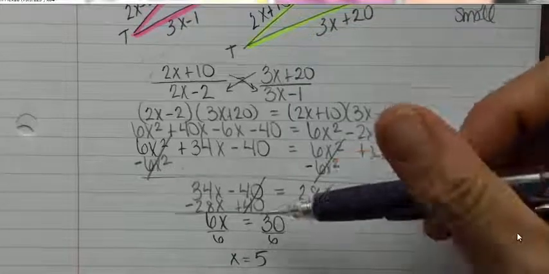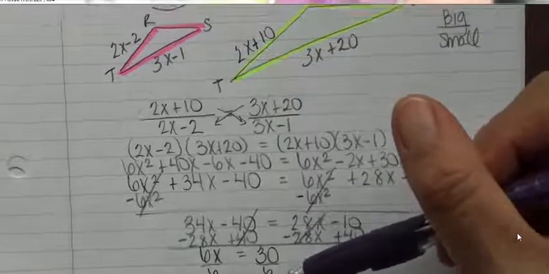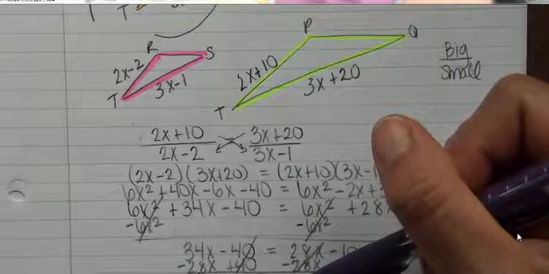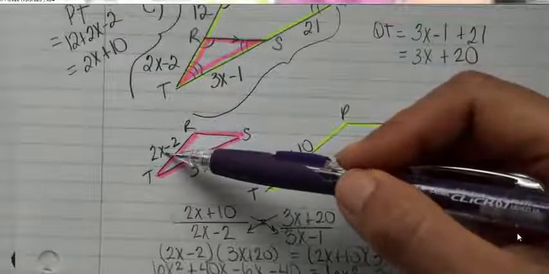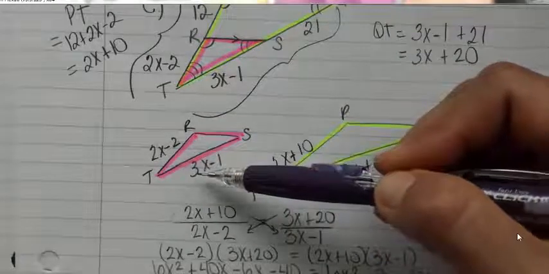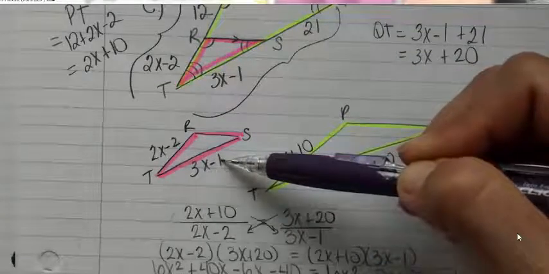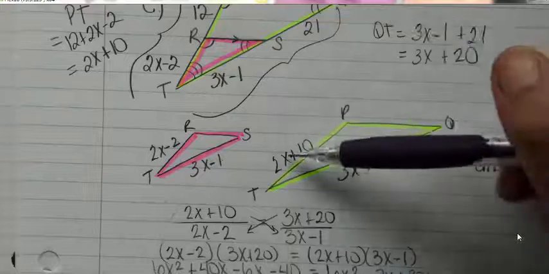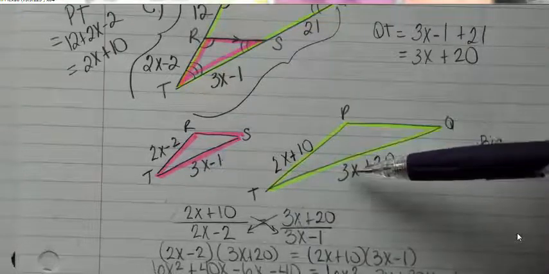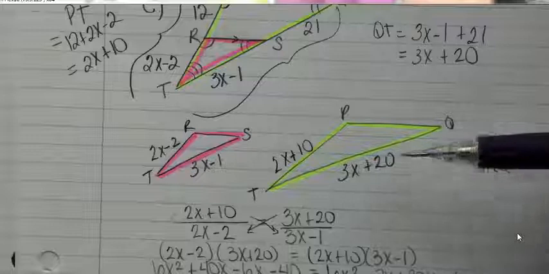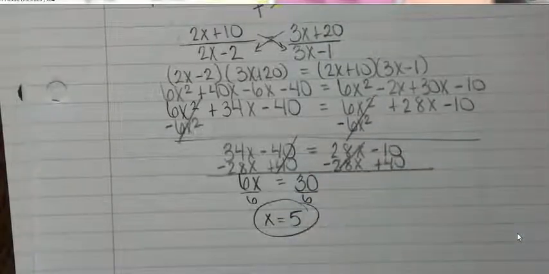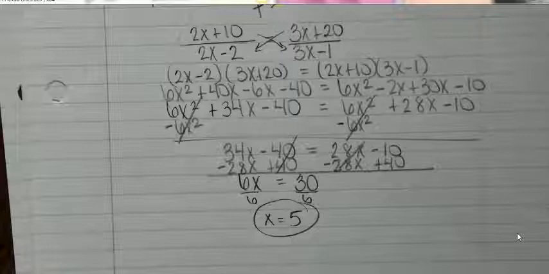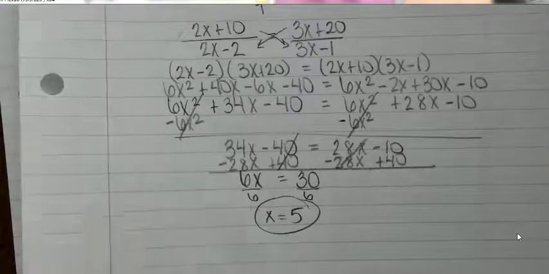And there's nothing really to check here. I guess you could, just to make it a good habit, but we don't have two possible solutions. To make it a good habit, take that 5, just double check. Okay, 10 minus 2, that's 8. 15 minus 1, that's 14. Okay, those all make sense. 10 plus 10, that's 20. And 15 plus 20, that's 35. Those all make total sense. So there's your solution. Now, for this assignment, I am going to give you